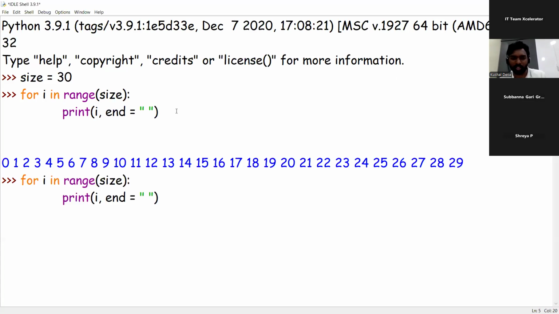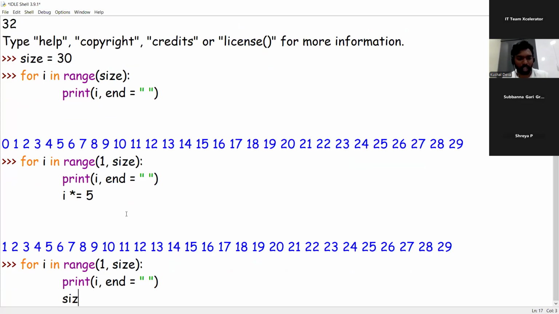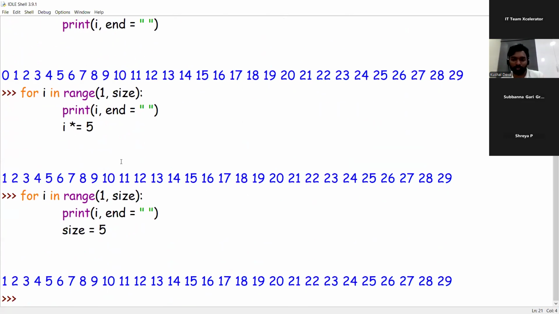Now let's say I take the same code, and I want to multiply the I value. Of course, I value would be 0, then I'll start from 1. It doesn't matter, next is also fine. So I would be multiplied by 5. Still it runs for 29 times only, as we're starting from 1. That's the change. Apart from that, if I take size value to be only 5, we expect it to be running only 4 times, starting from 1, 2, 3, followed by 4. But it won't happen. It still goes 1 to 29, because that's the nature of range. I hope it makes sense.